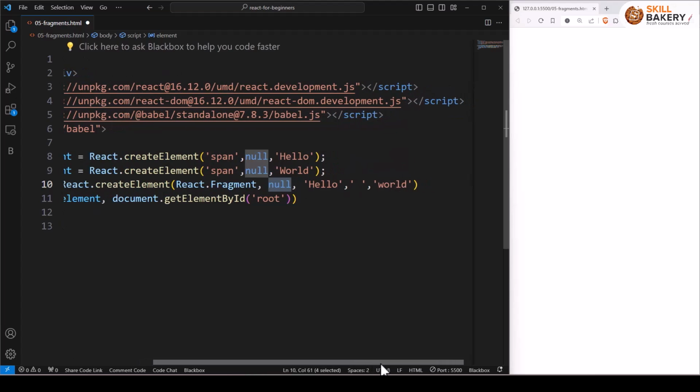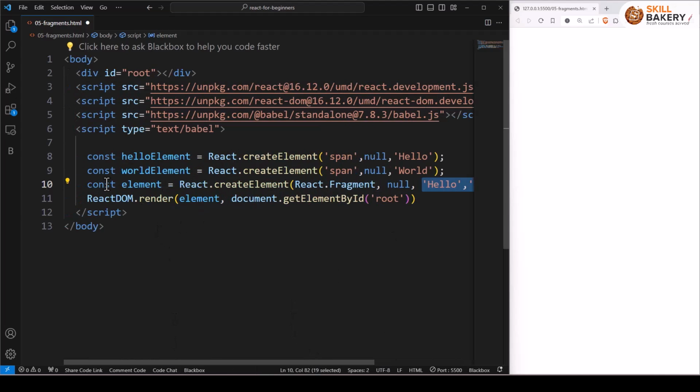And then lastly, we have these three children. So hello, then space, then world. And finally, we are giving that element to ReactDOM.render, and it's rendering it in the root. So here you see the result now coming up. But you see, this is very cumbersome, and it would be very nice if we can have it in our